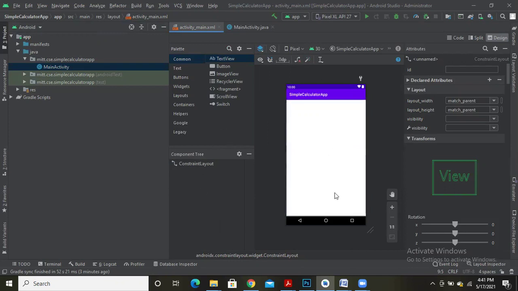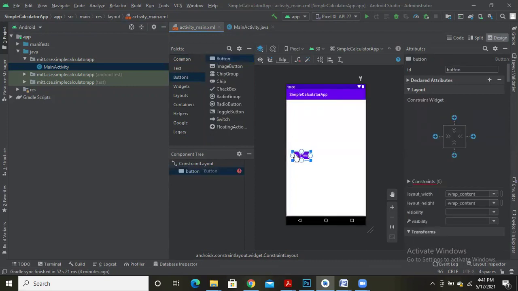Now onto this layout, onto this template, we need to add the buttons which contain the digits. We need to add buttons which specify the basic operations. We need to add a button to clear the screen. We need to add an edit text field to display or accept the number. We need to add the equal to button, which is going to calculate the result and display the output for you. To develop this template, let us select a button from the buttons palette, click on it, drag and place it onto the screen.